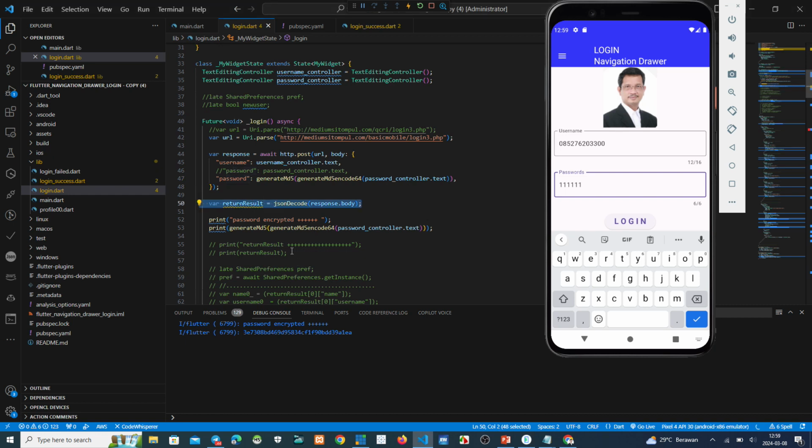Why this? We unmark this. To read the response, return result, we can see what the return result from the backend is. Maybe after this reload finishes, we can see the result if we click the login button. We clear first. Oh, moment please.